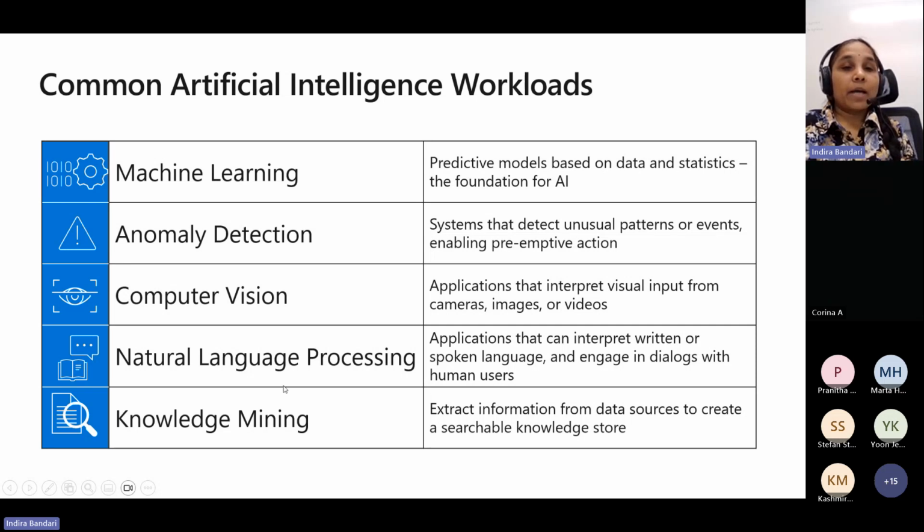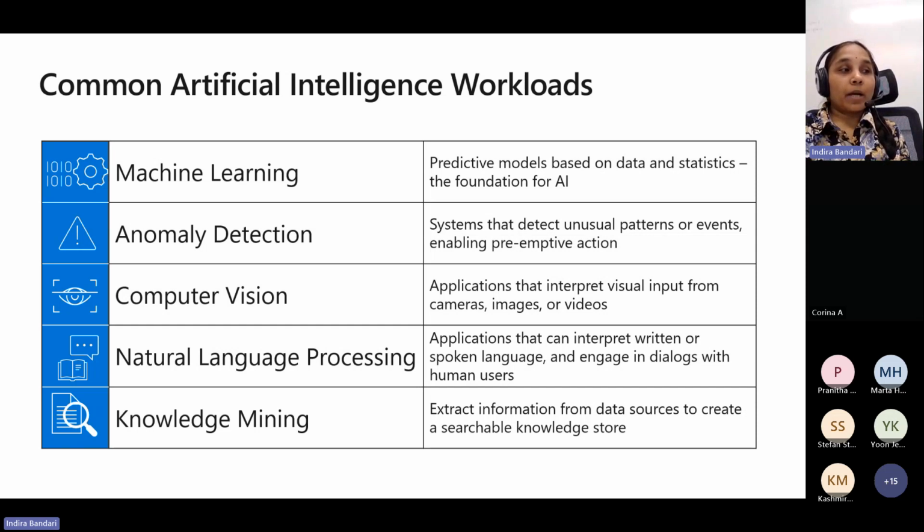Now, for example, imagine a conversational AI solution that uses a bot to process, let's say, an auto insurance claim. The bot relies on some natural language processing capabilities, because as a human, we are going to use the bot and ask some questions. And what does that entail? It entails use of natural language processing to make sense of some input, such as, I want to submit a claim.